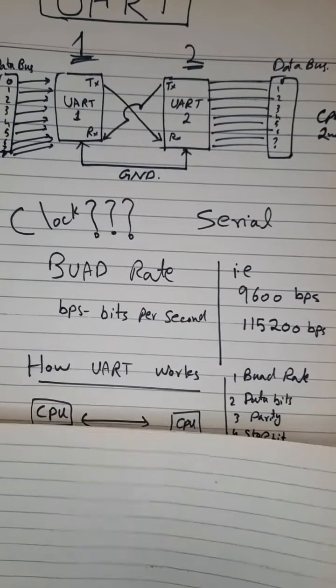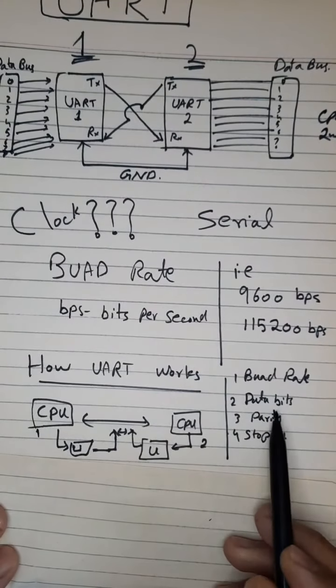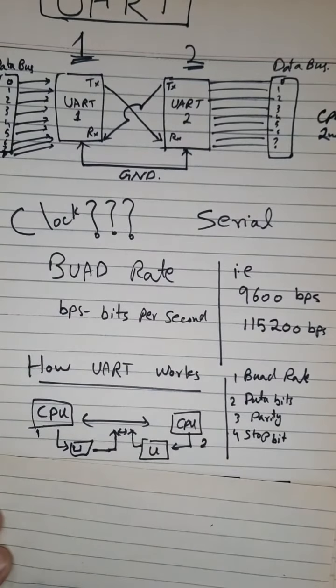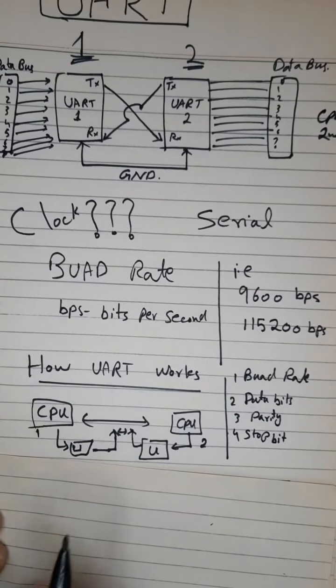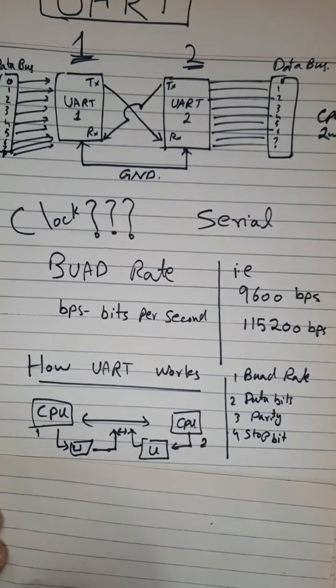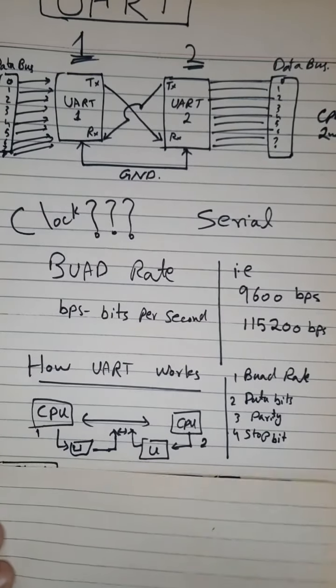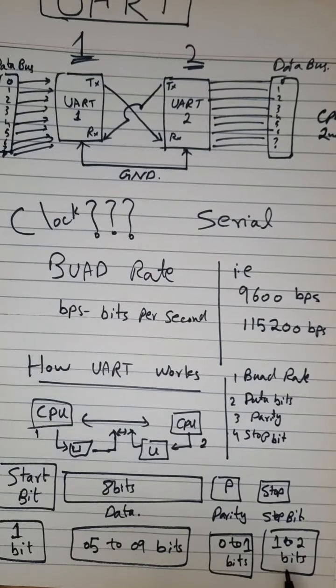Both UARTs must know facts like the baud rate, the number of data bits, whether a parity bit is coming or not, the number of stop bits, and when to start reading the start bit, from the clock edge or clock center. All details must be commonly shared. There can be 5 to 9 data bits. There can be a parity bit or not. Stop bits can be 1 or 2. These are all optional things.